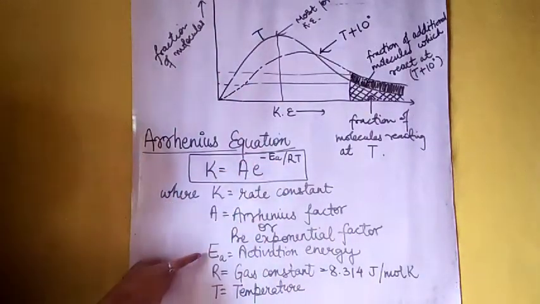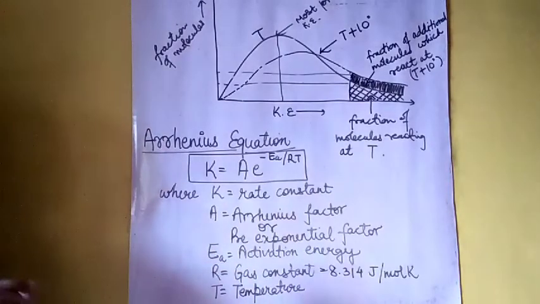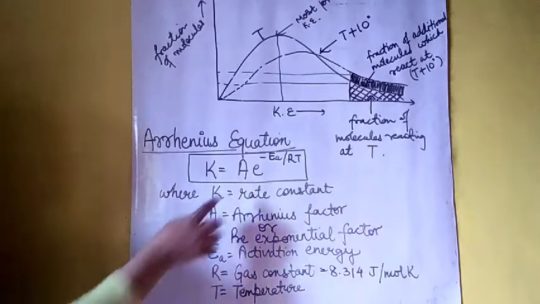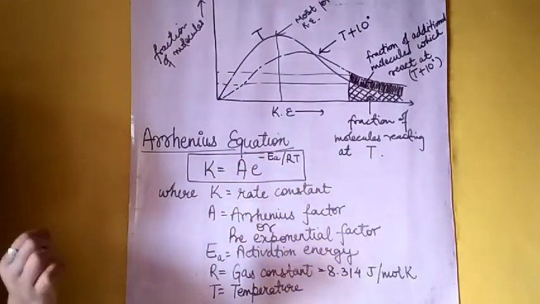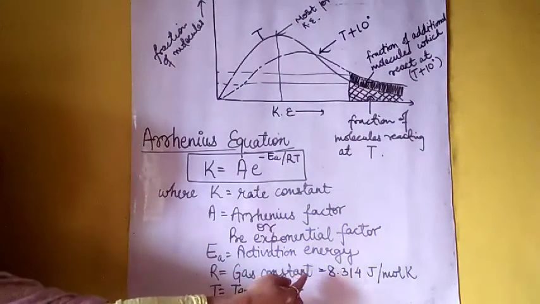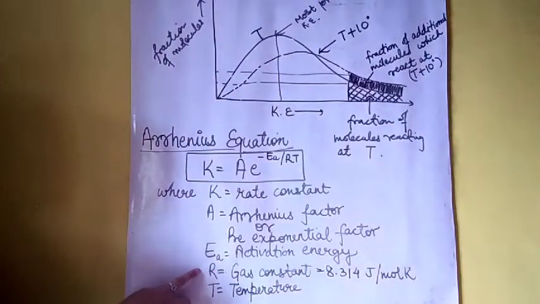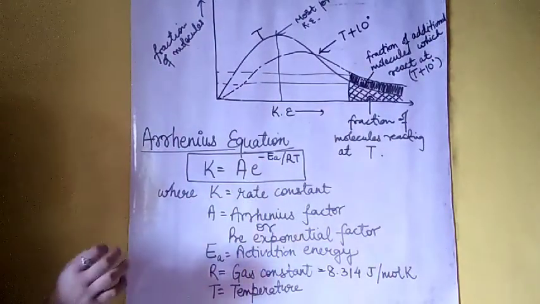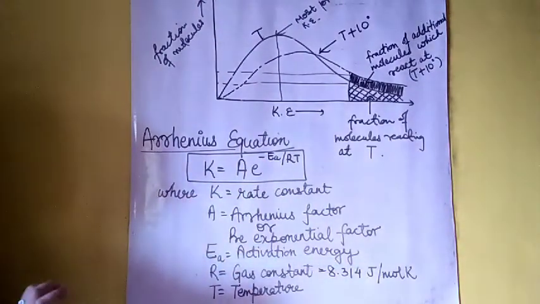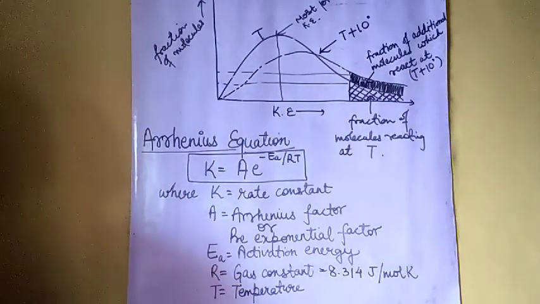Now Ea is the activation energy, capital R is the gas constant, which we have studied in the ideal gas equation also, right? And as we are using the energy term, and energy is measured in joules, which value do we have to use here for R? That is 8.314 joule per mole per Kelvin, right? So that value we have to use because we are using the energy term here. So for R, we will use the joule term. Now T is the temperature. So this is the Arrhenius equation, and these are the constants or alphabets which denote it, right?